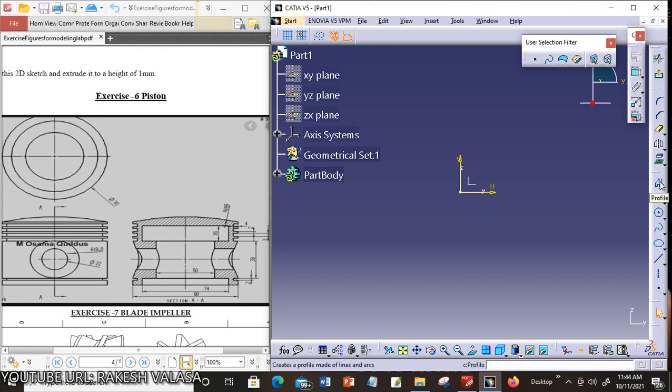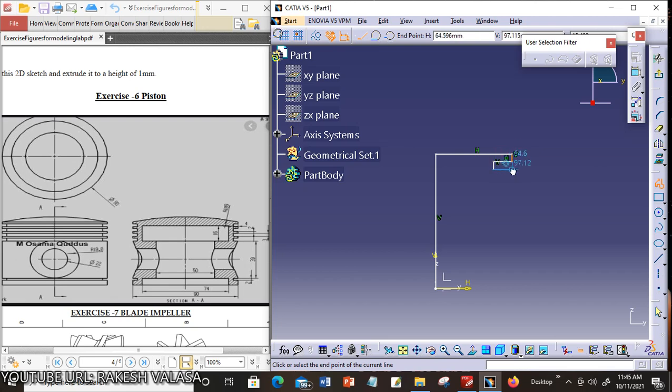By using the profile tool, I have to draw the right side part of the front view. The front view top is having 5 grooves. Just draw the rough sketch.